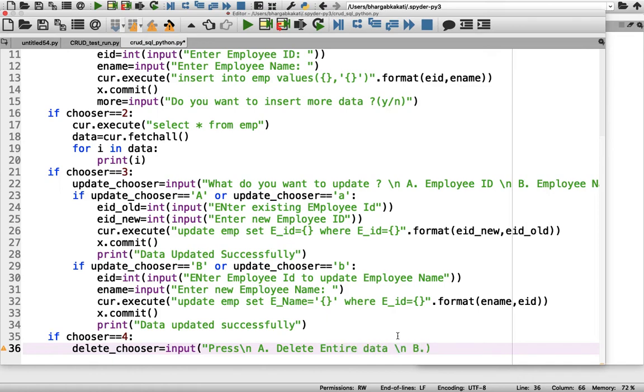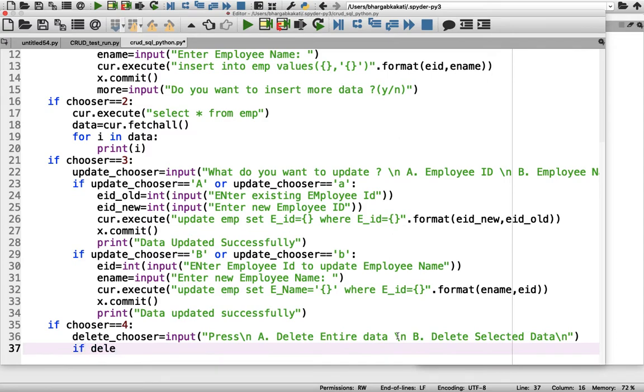Again I can give \n, and then the second option can be delete selected data. After that I can just put a \n so that the cursor comes in the next line. After that I have to do this programming one by one.